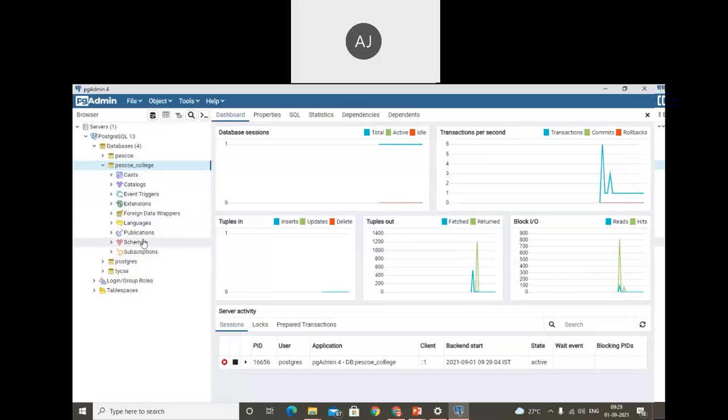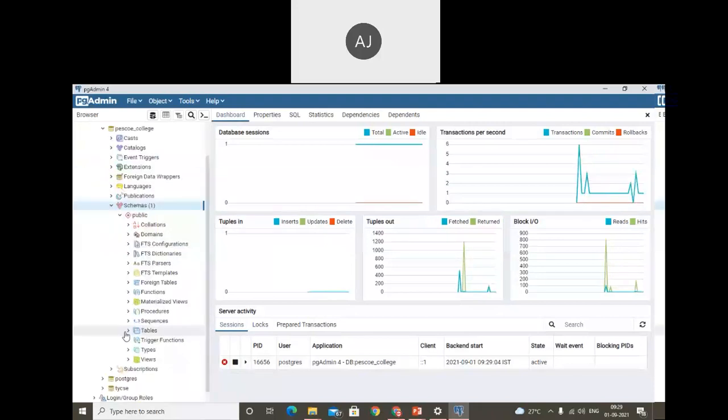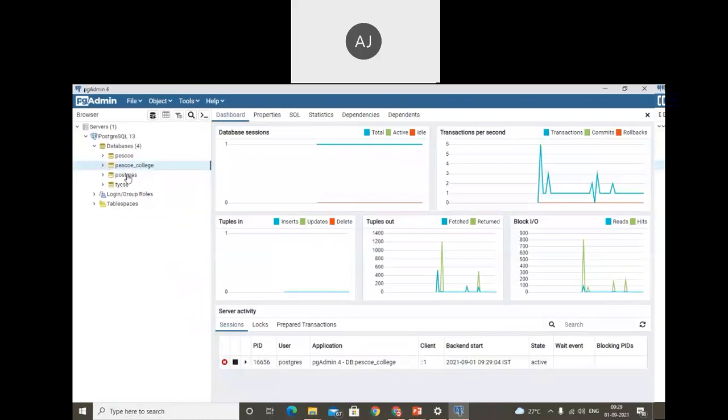To check the data inside your database, click on the schema, and inside that schema, click on tables. Right now I don't have a table, so the list does not show any. That means we have an empty database created.